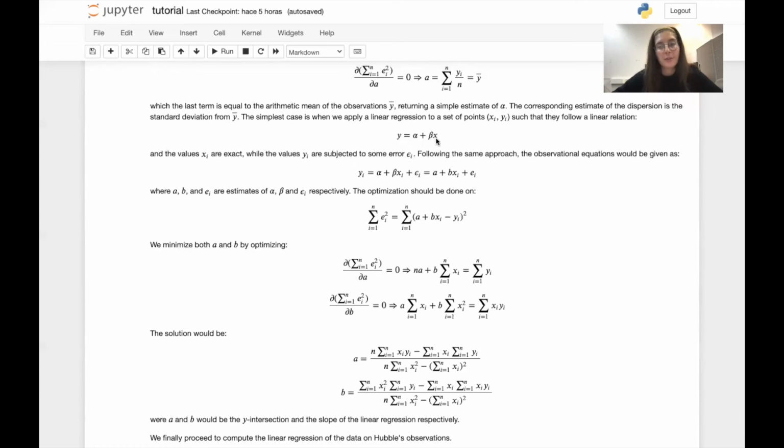So x would be the independent variable, the distance, y would be the dependent variable, the velocity, and then we will have these two coefficients we want to estimate because they describe our model. So what we can think of is that, okay, every observation I have somehow follows this model, but it is subjected to some noise. This noise can be given by systematic error, but we would like to model these three quantities